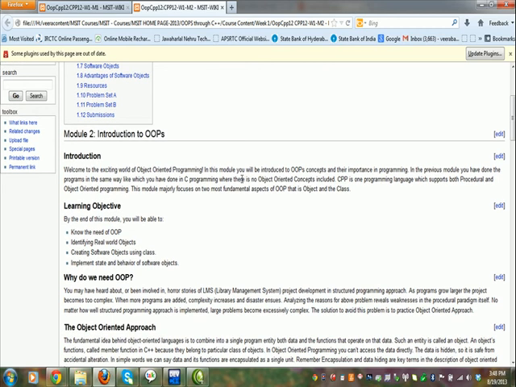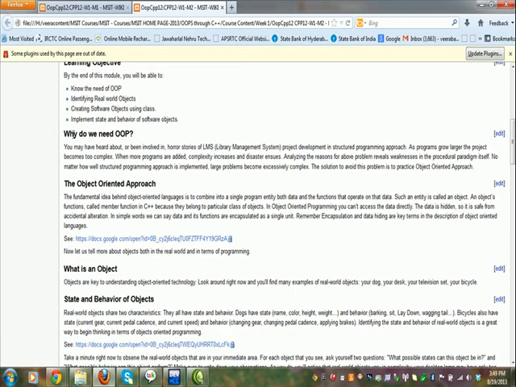In module 2 what we are going to learn is to know the need of OOPS concepts, identify real world objects, create software objects using class, and implement state and behavior of the software objects. Why do we need OOPS? As you know, you may have heard about the horror stories of LMS, library management system, project development in the structured programming approach.